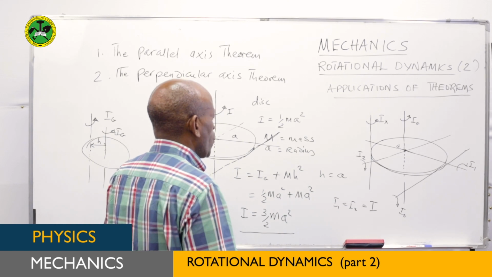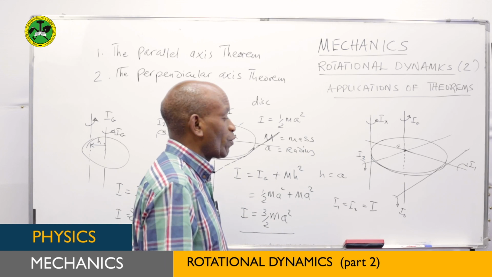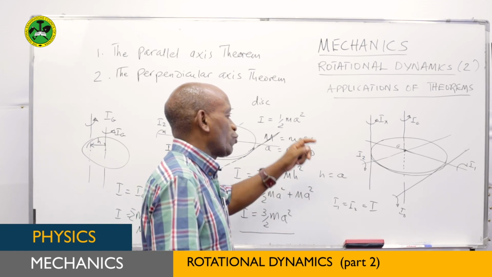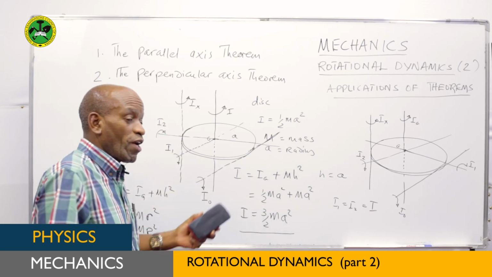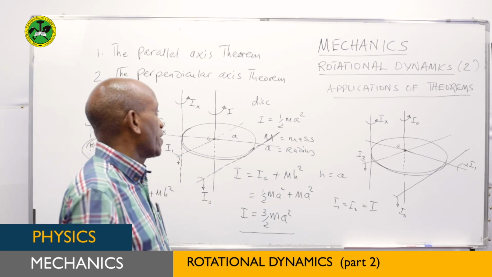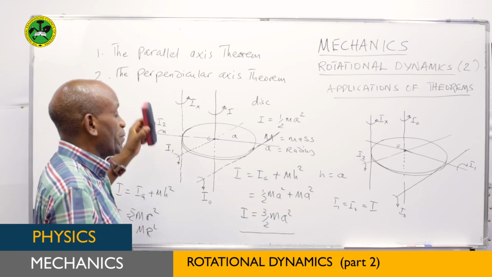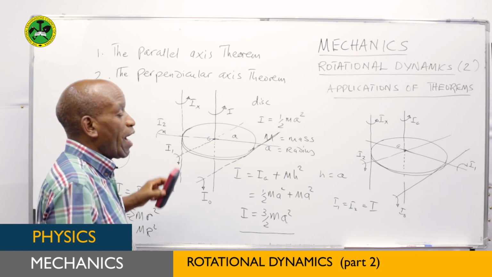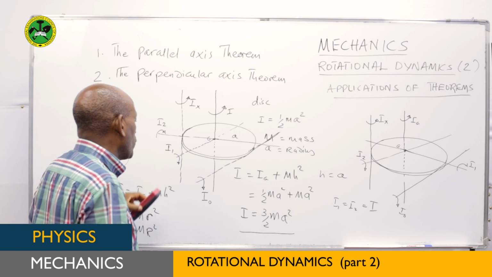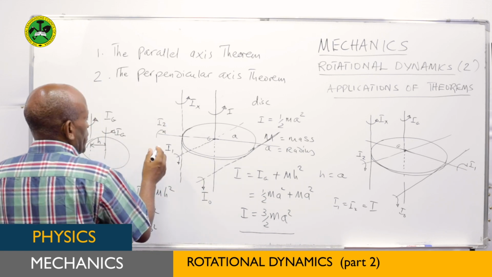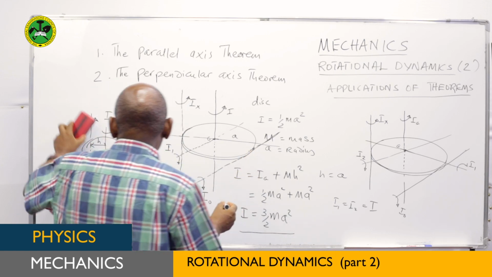So now I just want to use the perpendicular axis theorem to determine the moment of inertia IO. By definition, as you have already learned in the first lesson, the perpendicular axis theorem says that whenever you have two axes which are perpendicular to each other, and you know the moment of inertia of the first axis and the moment of inertia of the second axis,